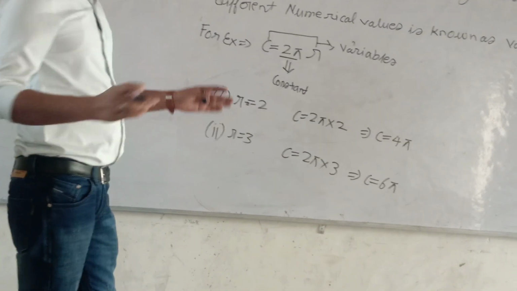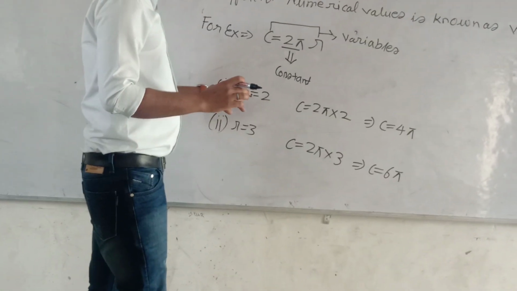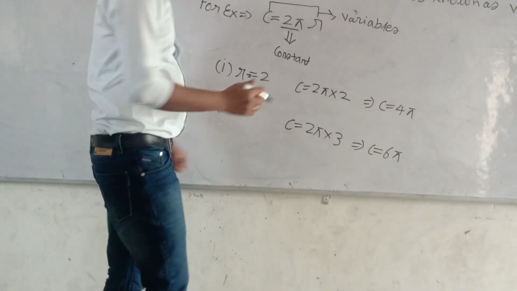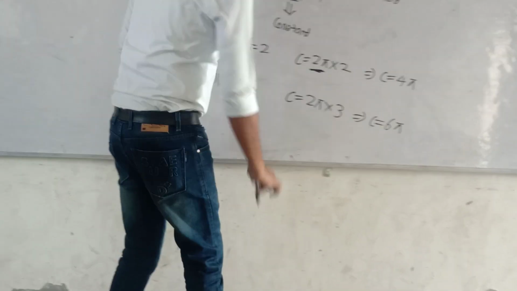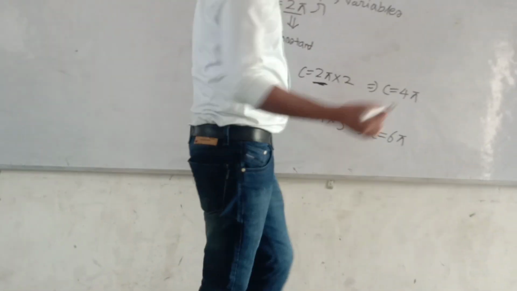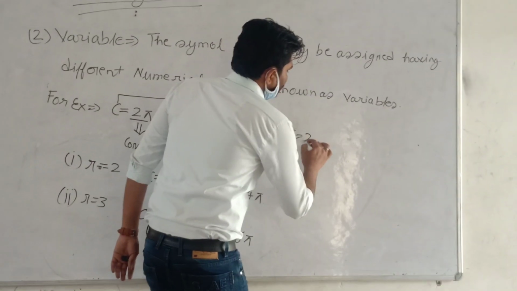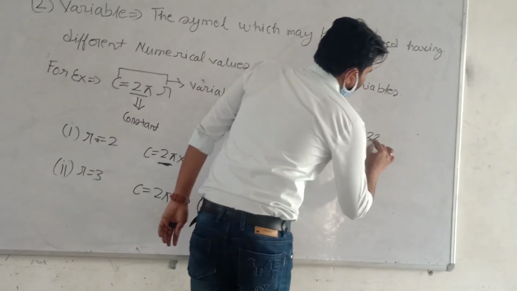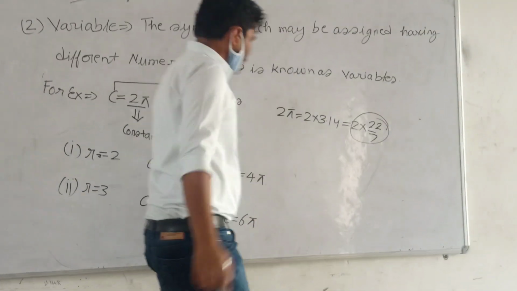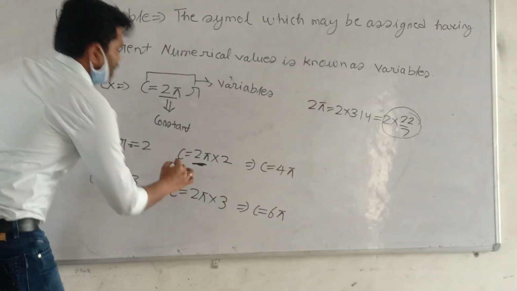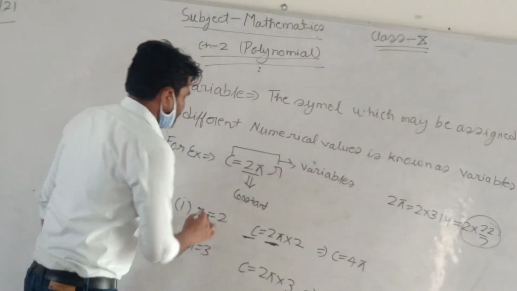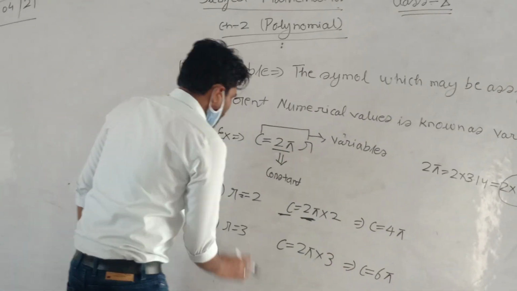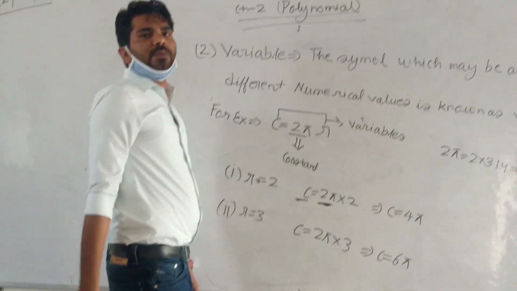जब हम सर्कल की वैल्यूज को, जो रेडियस है, उनको डिफरेंट पुट करेंगे तो आपकी सर्कमफ्रेंस भी अलग अलग आएगी, बट द वैल्यू ऑफ 2 पाई नेवर बी चेंज. जो 2 पाई की वैल्यू है वो सेम ही रहेगी. जैसे कि 2 पाई या तो 2 into 3.14 रख सकते हैं या 2 into 22/7, ये तो सेम ही रहेगी, बट वैल्यू किसकी चेंज हो रही है? सर्कमफ्रेंस की. और वो किसके रेस्पेक्ट में? r के रेस्पेक्ट में. r की वैल्यू 2 रखेंगे तो सर्कमफ्रेंस की वैल्यू 4 पाई हो जाएगी. r की वैल्यू 3 रखेंगे तो सर्कमफ्रेंस की वैल्यू कितनी हो जाएगी?